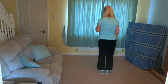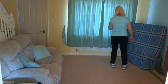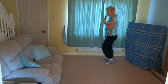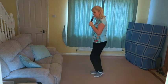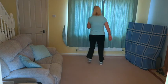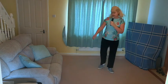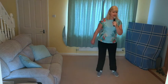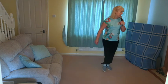Five, six, 7, 8. Side close step, side close turn, side close step, side close back, coaster step, step in across, side behind side cross, side drop, turn, turn, turn, walk, forward rock, side rock, coaster step, forward rock, side rock, coaster step, side close step, side close turn, side close step, side close back, coaster step, step across, side behind side cross, side round, turn, walk, forward rock, side rock, coaster step, forward rock, side rock, coaster step, side close step, side close turn, side close step, side close back, coaster step, step across, side behind side cross, side round,